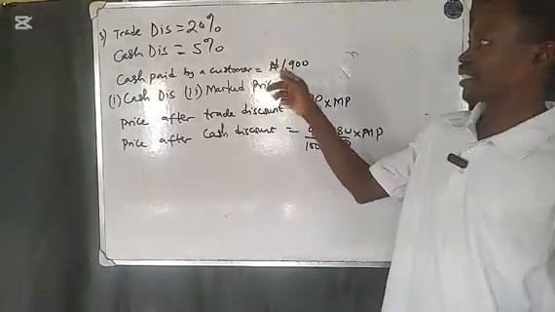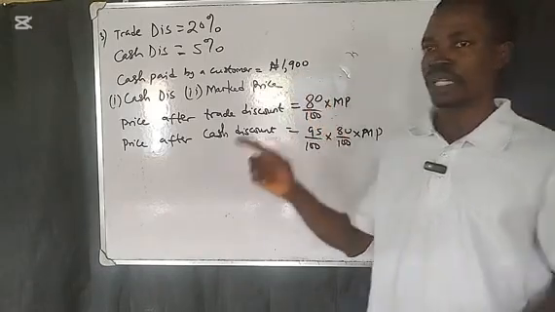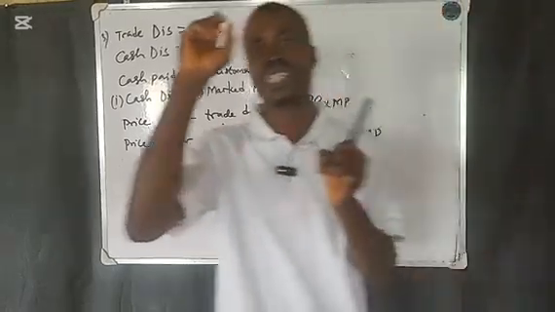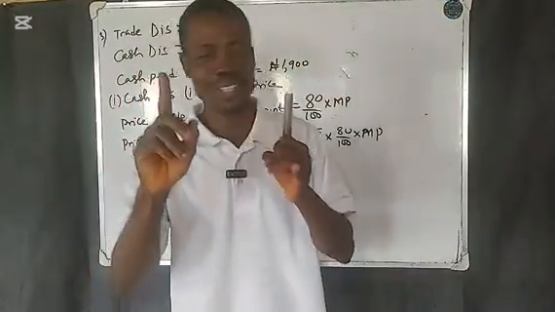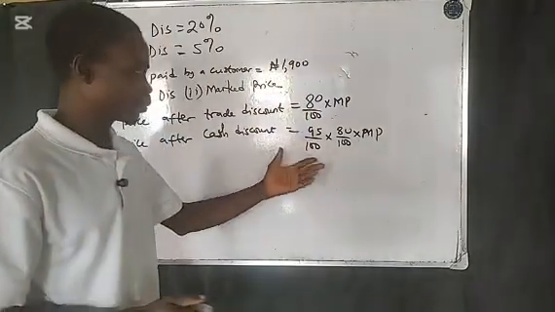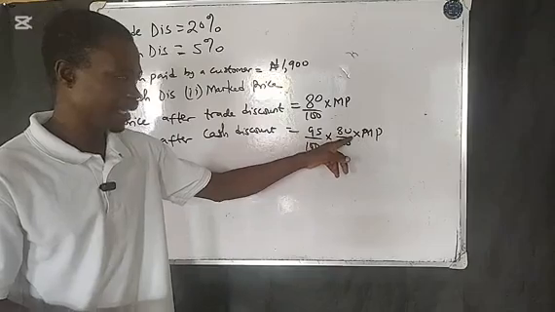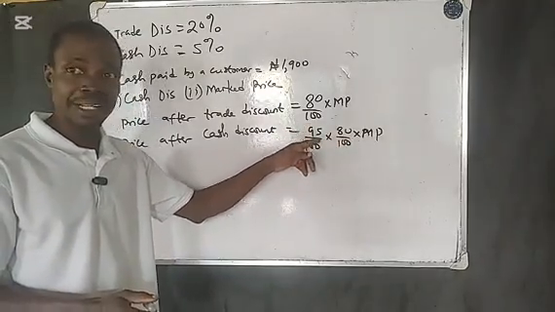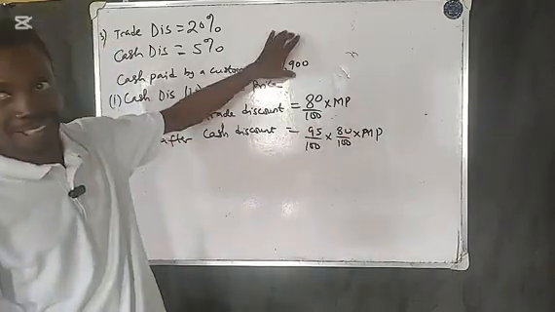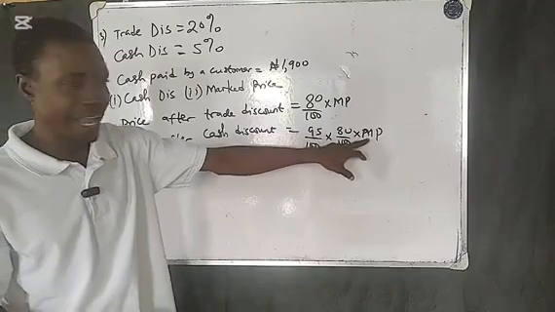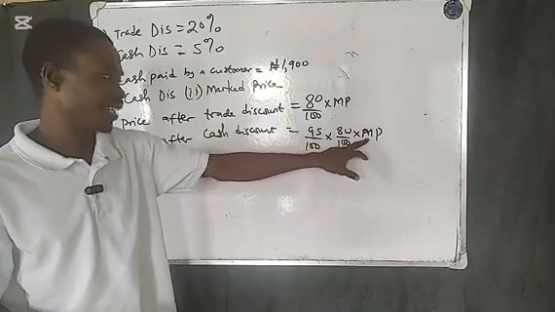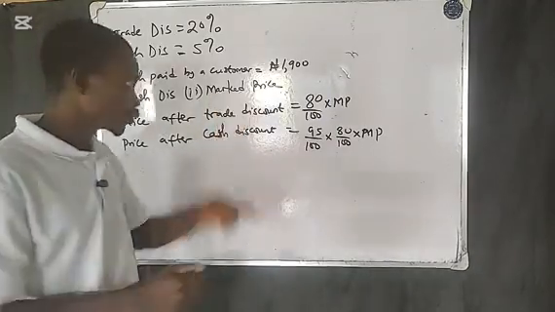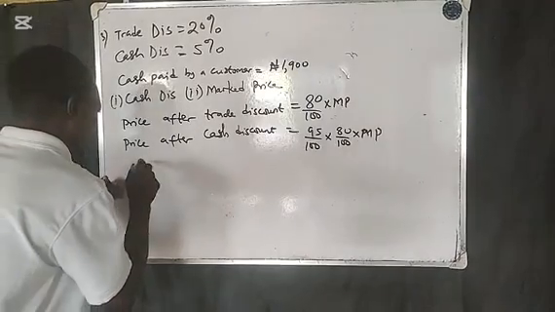This amount, 1,900, was paid after they have removed the trade discount and they have removed what? The cash discount. And this is what you can see on the board. The trade discount has been removed, 80, abi? The cash discount also removed, 95, abi? That means this amount is equal to this amount, and that will make us get our marked price, MP. We're getting the second question before the first question. Is that okay? So we write, equate